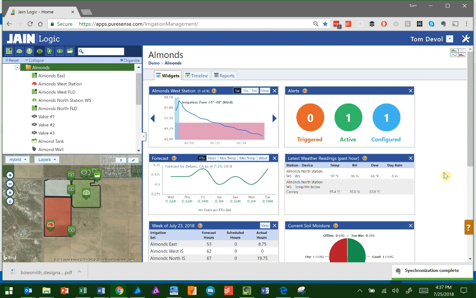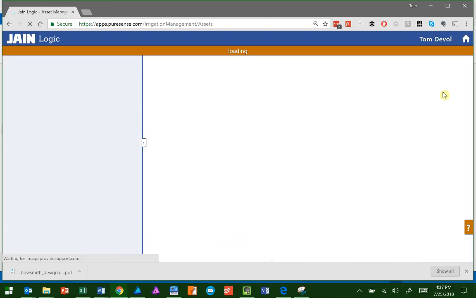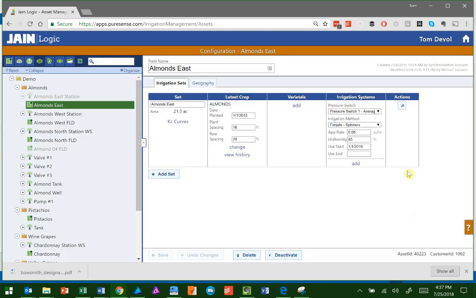So the first thing we're going to do is go to the almond sites and choose the east field. This field now is going to be almond block 2. To change a name, we're going to go up to the configuration tool. We'll choose this asset configuration. And here you see that we've got these fields that can be edited. So the field name, we're going to change to almonds, and we're actually going to abbreviate it. So almond block